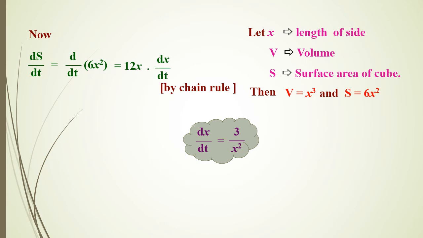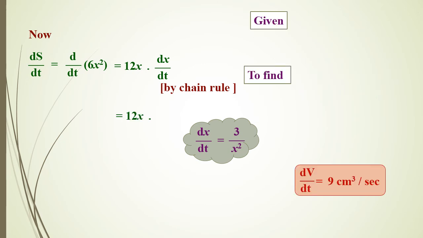You know dx/dt very well, you got this value in the previous part after finding the derivative of the volume of a cube, V = x³. dx/dt has the exact value 3 divided by x², you substitute here. So 12x times 3 divided by x². Next, 12 into 3 is 36. One x is gone from the numerator side and one x is gone from the denominator side, one x remaining in the denominator. So it can be written as 36 divided by x.